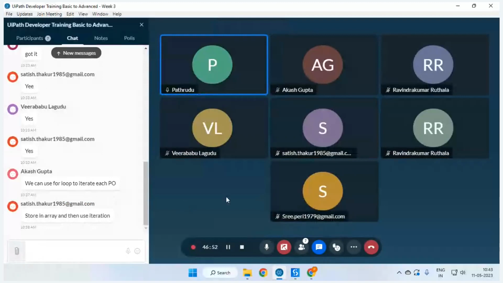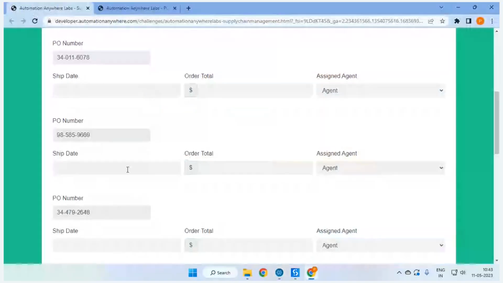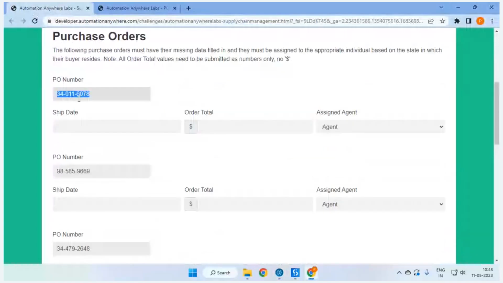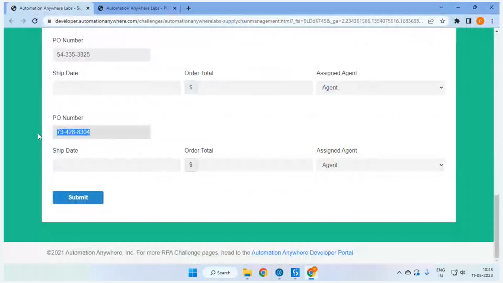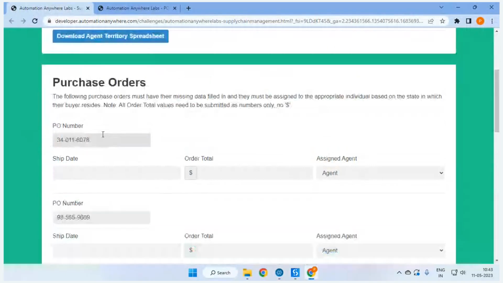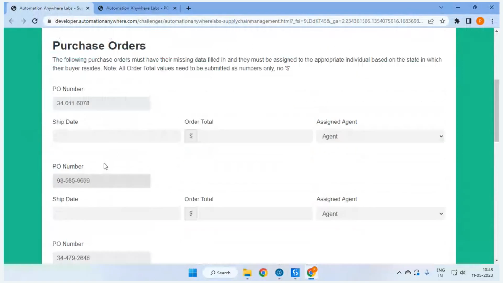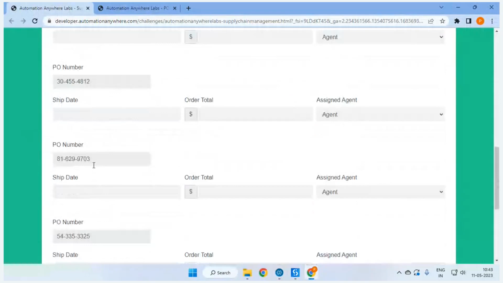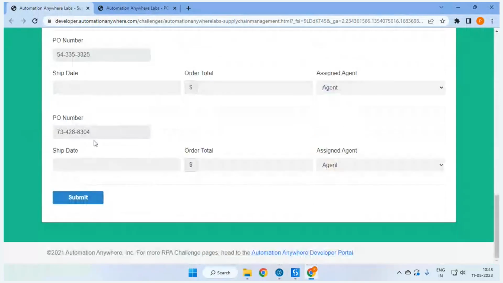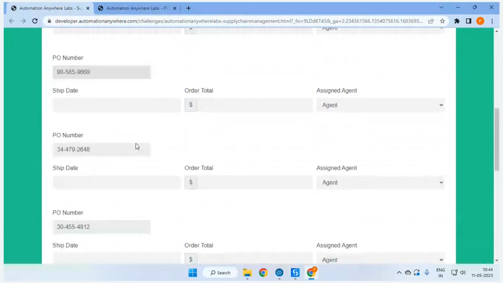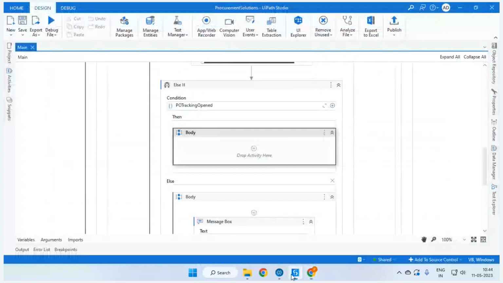Everything will be fine. But when we are looping, first we should understand whether PO number 1 is available or not, PO number 2 is available or not, because at the end we should be aware of till what number we have. We are not sure. For now, how many do we have? 1, 2, 3, 4, 5, 6, 7. We have 7. In case you have 6, in case you have 8, we don't have any prefixed numbers here, right? So for that, what we will do is